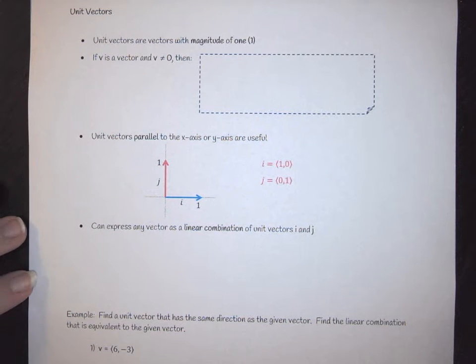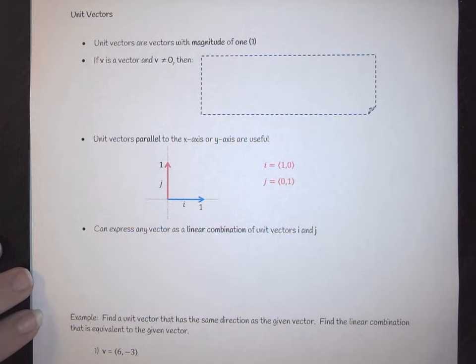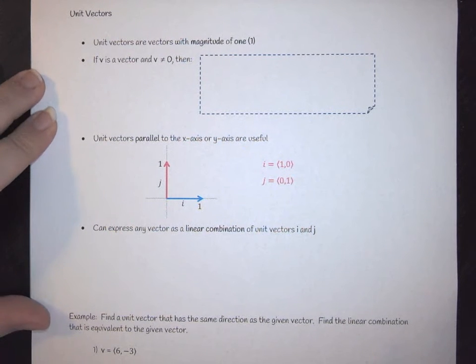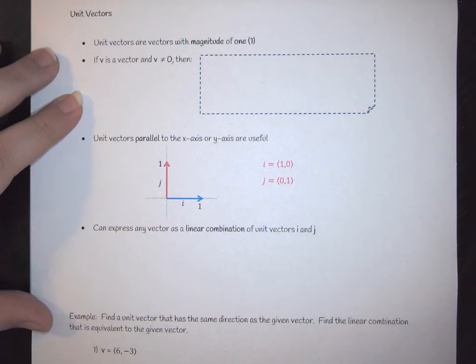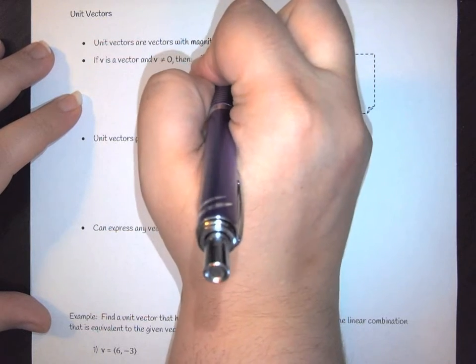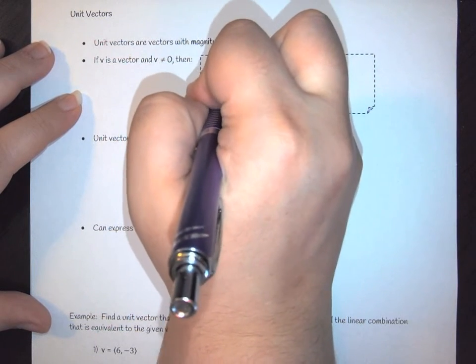In this short video, we are going to look at unit vectors and what a unit vector is. So unit vectors essentially are vectors that have a magnitude of 1. So we have a formula that we have to use. If v is a vector and v can't equal 0, we have a formula. The formula says v over the magnitude of v